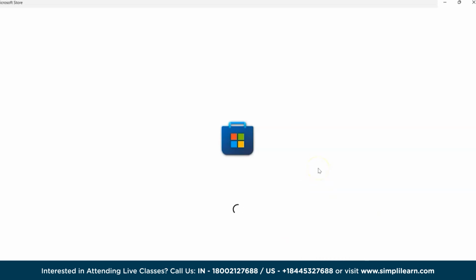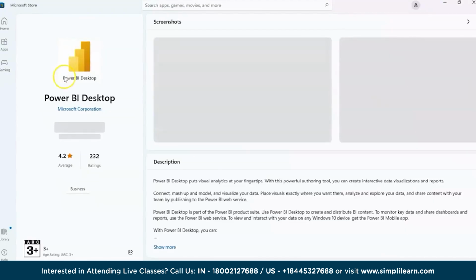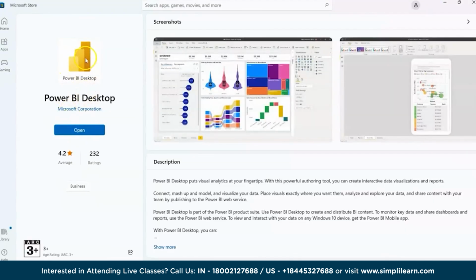So let's wait for a couple of seconds. Right here, Power BI Desktop in Microsoft Store. For me, it's already installed, so it's asking me to open it. I'll open it in a while, but anyone who has not installed it will see the install button over here, and it will automatically install on your machine, and then you can easily go and open Power BI Desktop. Now if I click open over here,